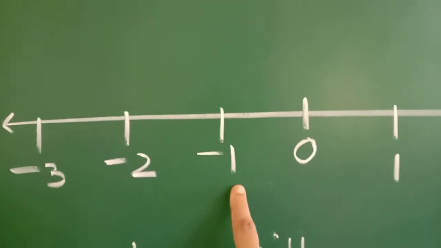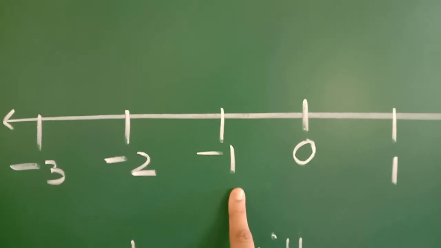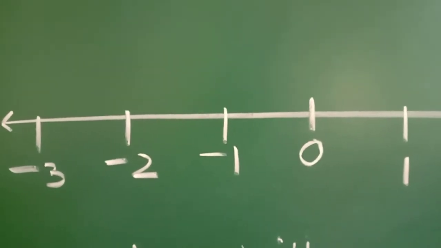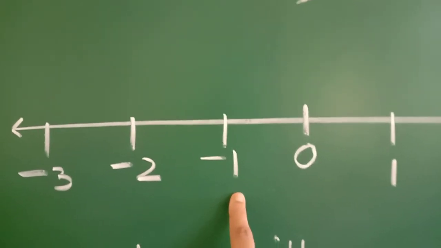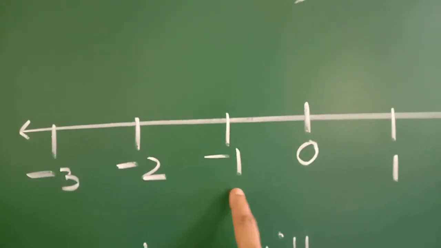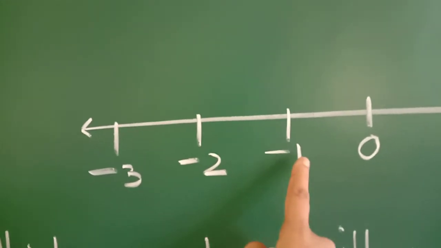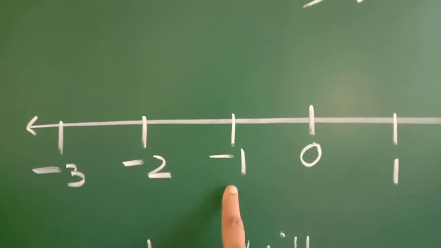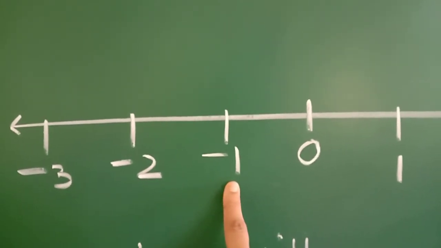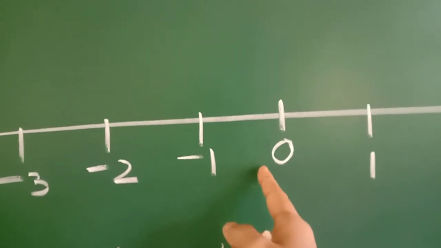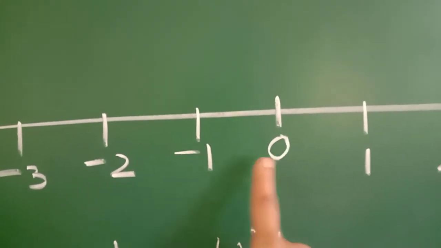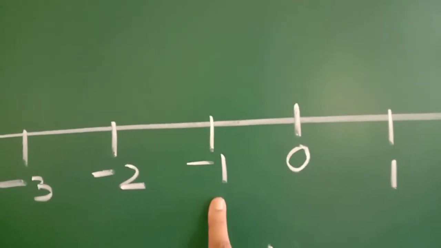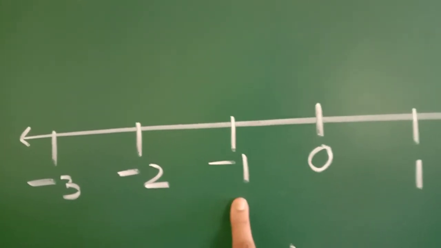Then what can be the correction of it? Yes, you can say that -1 is the largest negative integer. We know that it is negative, but among all the negative numbers, -1 is the largest one, because after that no minus numbers are there. 0 is neither positive nor negative. So for correction I can say that -1 is the largest negative integer.